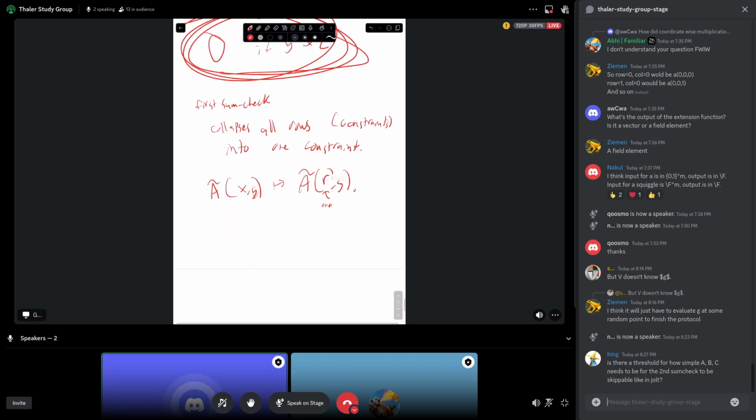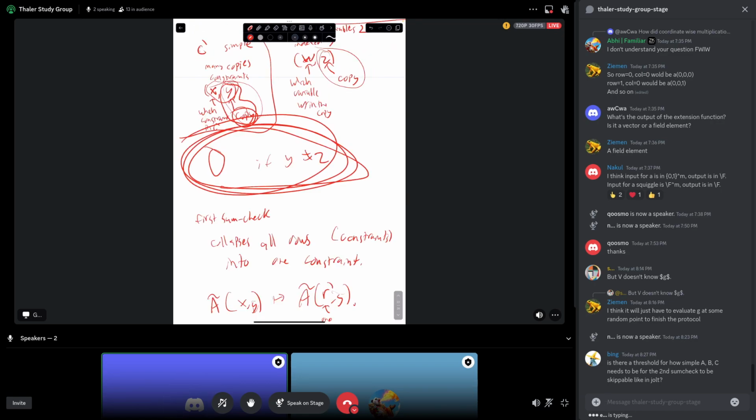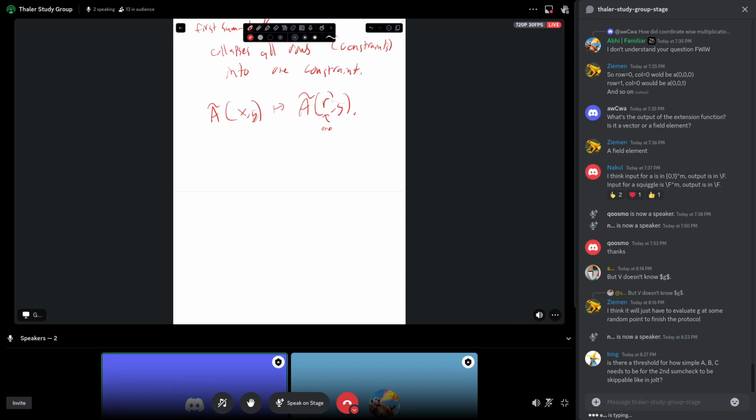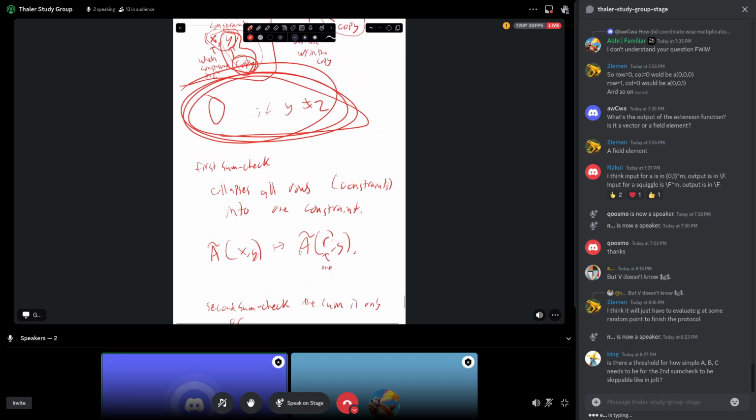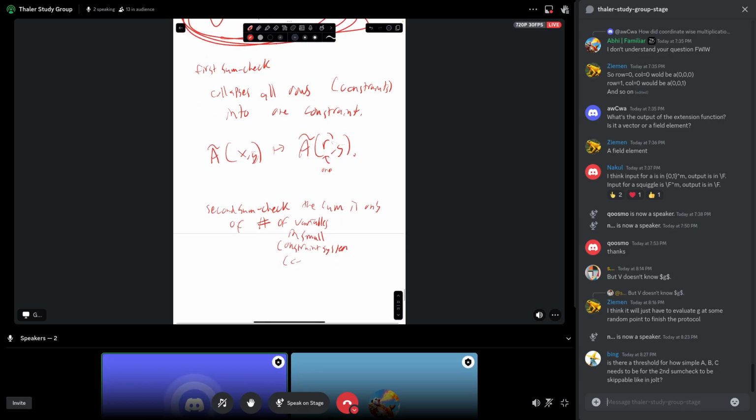Okay, so what happens at the end of the first sum check in Spartan for Jolt is I've told you what copy you're in, or I've collapsed all copies down to one copy, and so all that's left for the second sum check is a statement... So the second sum check, we still might use a second sum check in Jolt, but the sum is only over the number of variables in the small constraint system, which remember captures just one cycle of the CPU